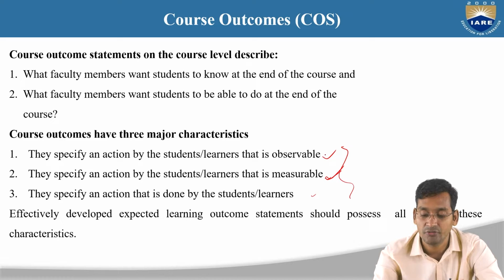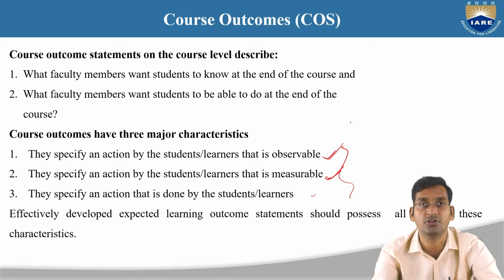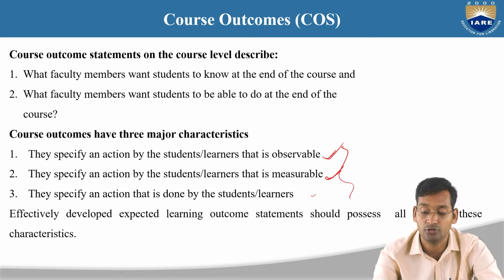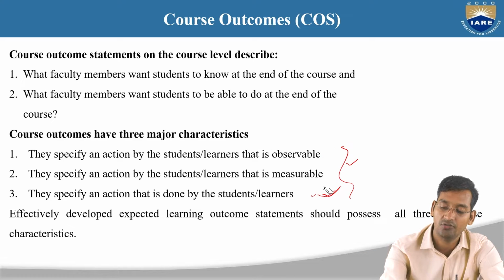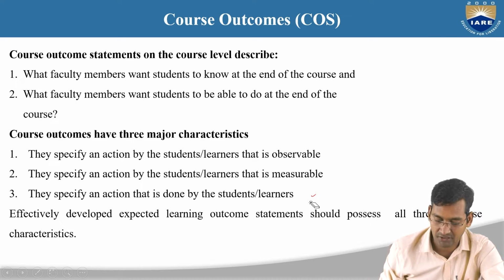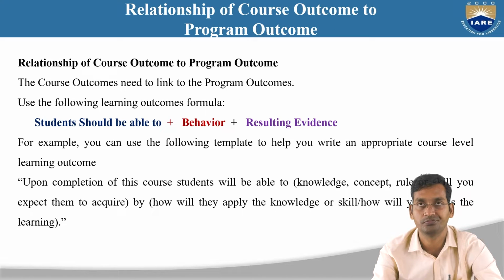So these three characteristics must be there for effective development. Why? Because if you do not observe what a student is doing and what they actually require, then it's a waste. Then how much they did and how much they learned also should be measured. And how they did it is also required. It's not that you copied something from somewhere; that does not come under measurable, you cannot measure that. It means what effort a student has given to accomplish the course or to learn those things. So all three are very important; for effective development, all three must be there.